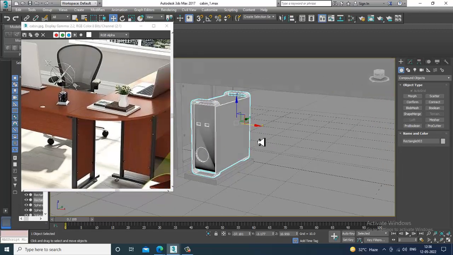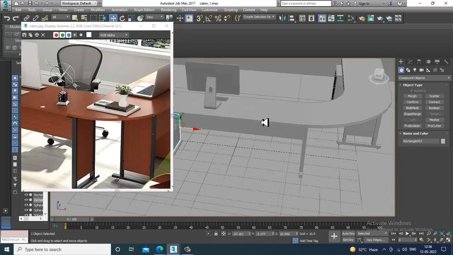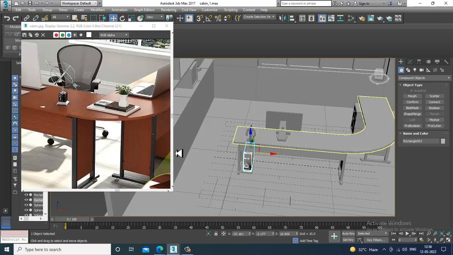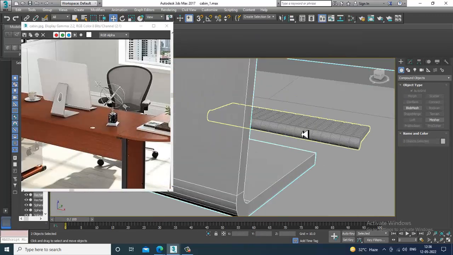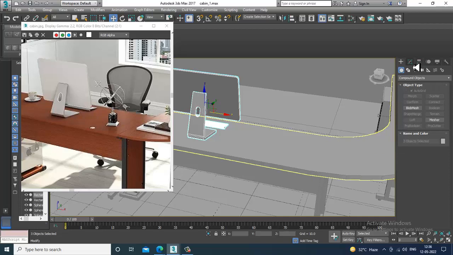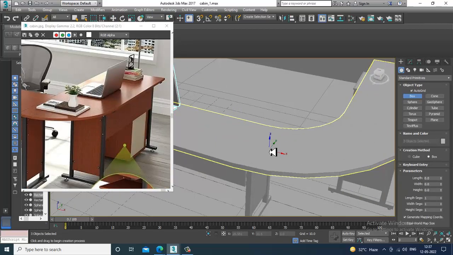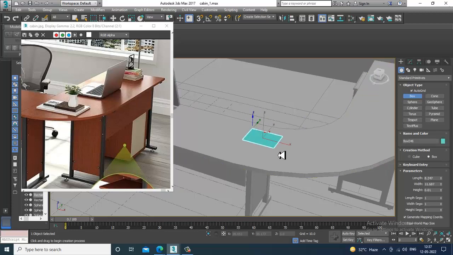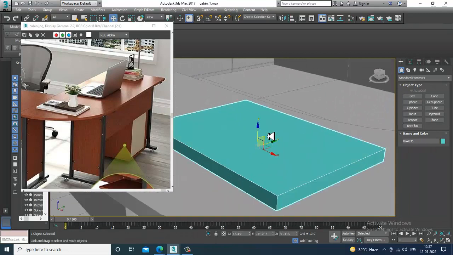You can see there is some book also over here. So we can model this book over here. So let's do it. Before that, I'll just select this and slightly just shuffle it till here. So let's just go into the standard primitives. You can take a diary or something, take auto grid, and you can just model that. So scale it over here, convert to editable poly,